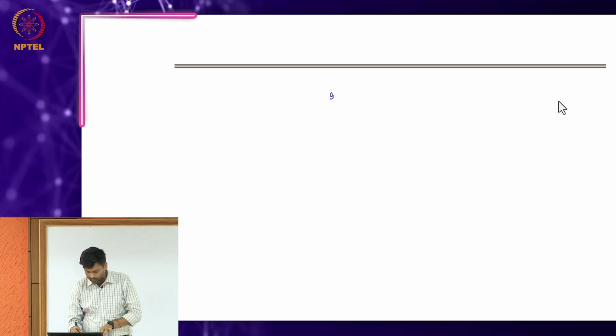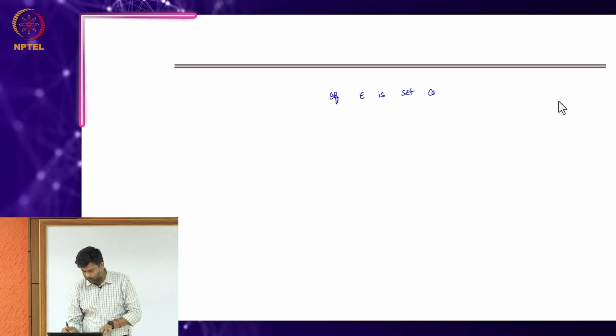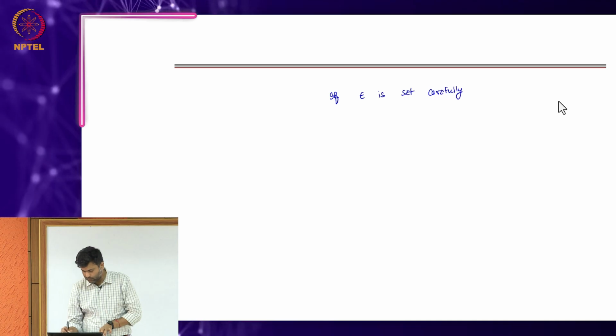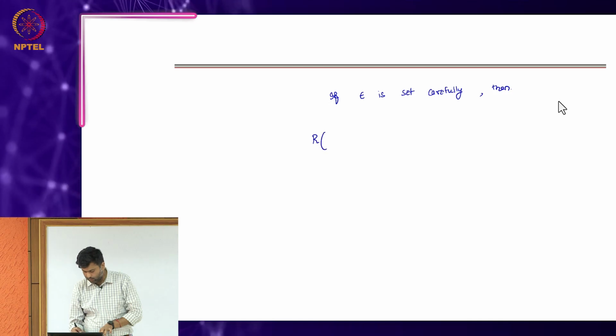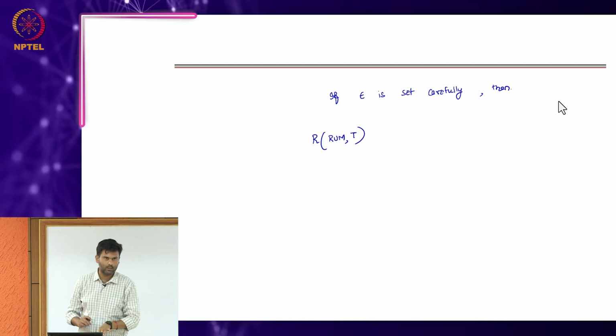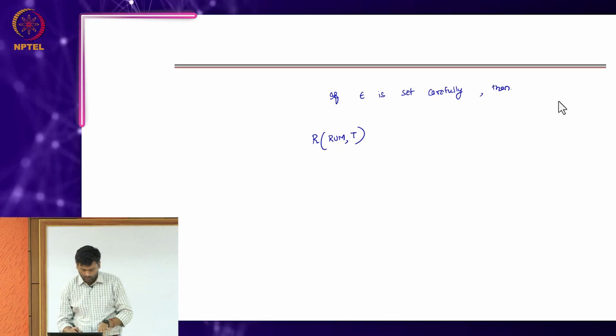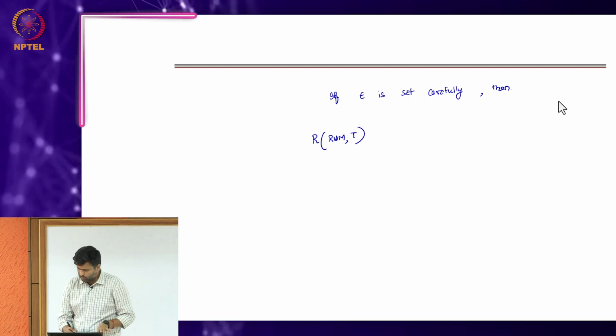If epsilon is set carefully, and I will tell you what carefully is in a bit, then the regret of RWM, randomized weighted majority, can be shown to be